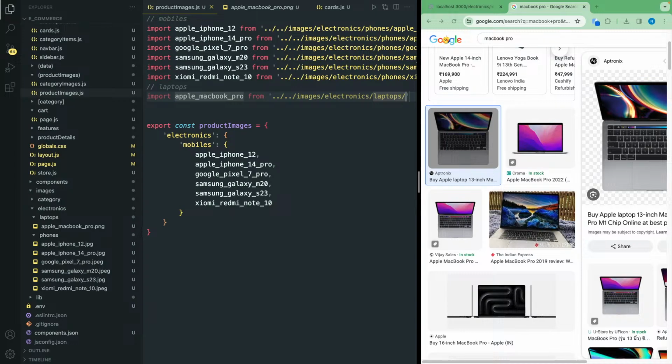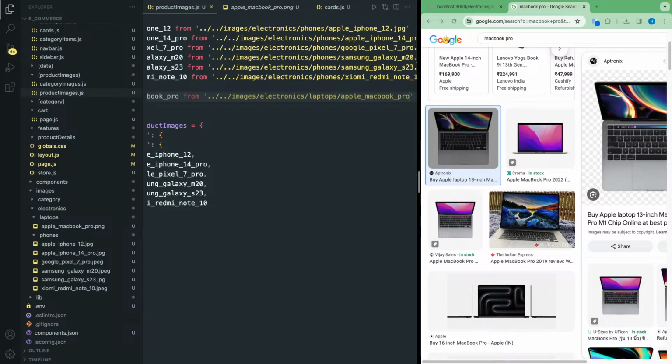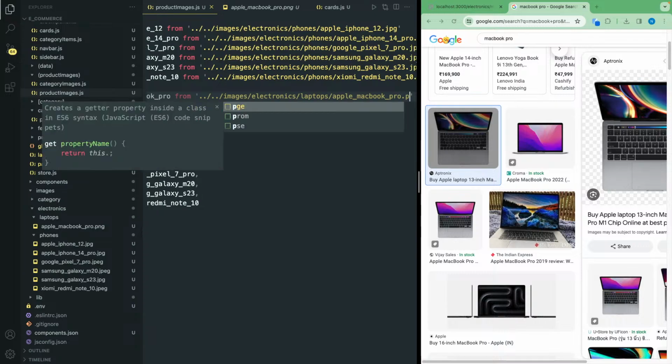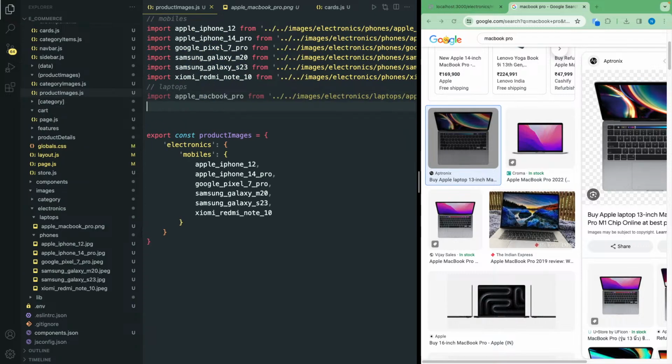Then of course need to copy this .png, right? So inside this we have laptops,